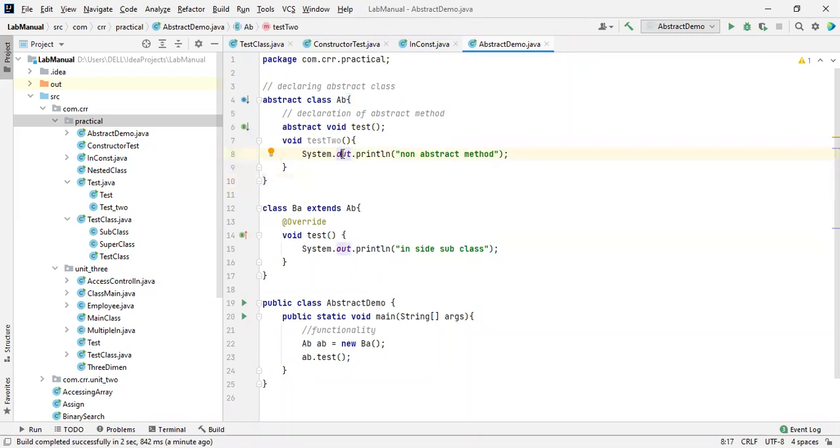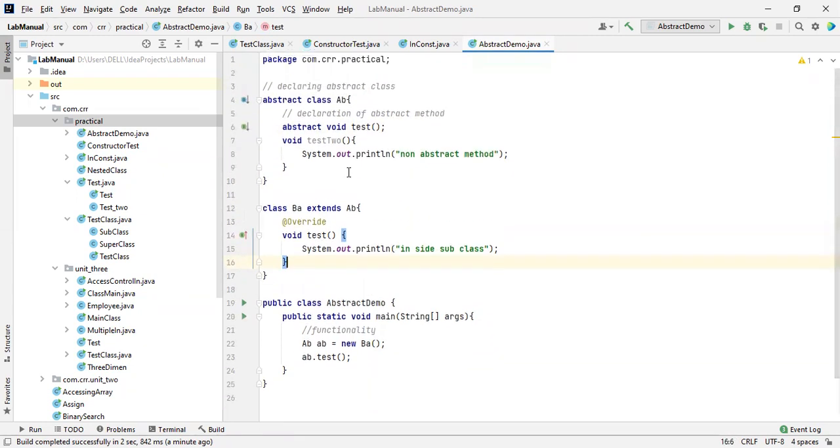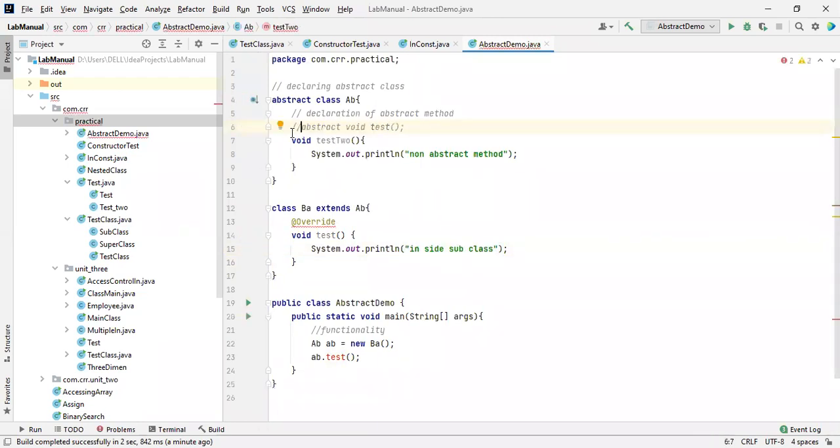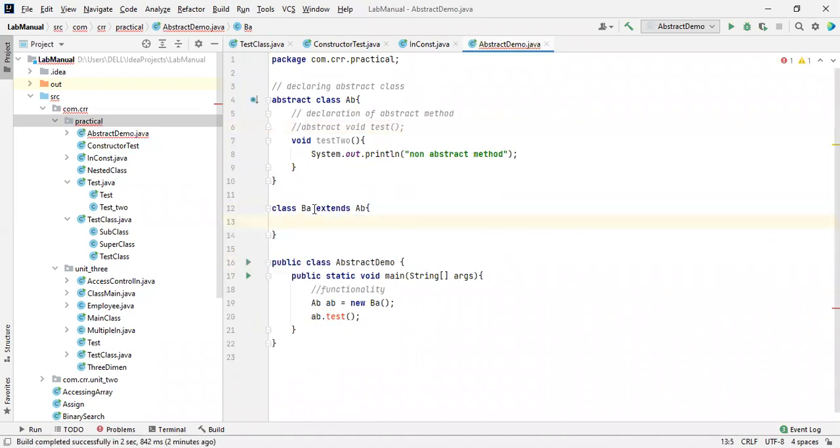If I explain only in the PPT itself, you can't understand it in this way. That's why I'm giving you the best example for this. So here, an abstract class consists of an abstract method. If you want to get the properties of a parent class inside a subclass, you have to implement. What is have to? Have to in the sense must, should. You should implement the particular abstract method inside that. If there is nothing available over here, there is no need to implement it. It won't throw any error.